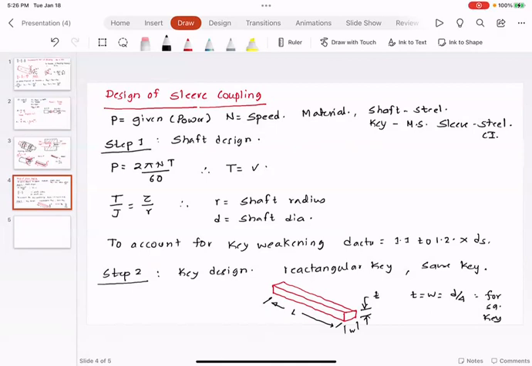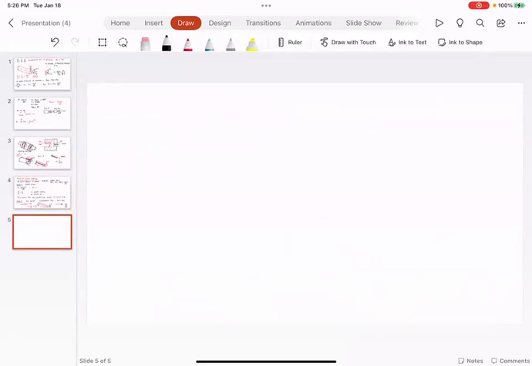And for a rectangular key, T is equal to D by 6 and W is equal to D by 4. And what you do is you find out the value of T, you find out the value of W, and then find the length of the key